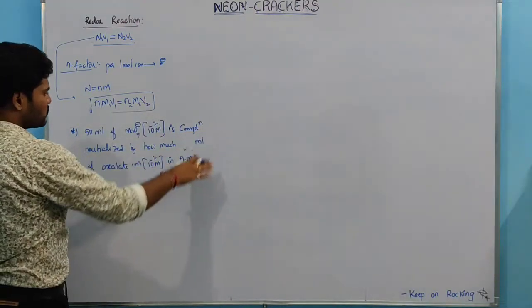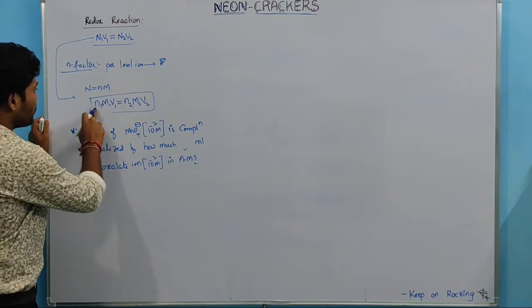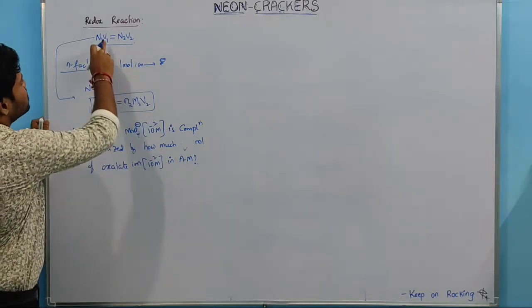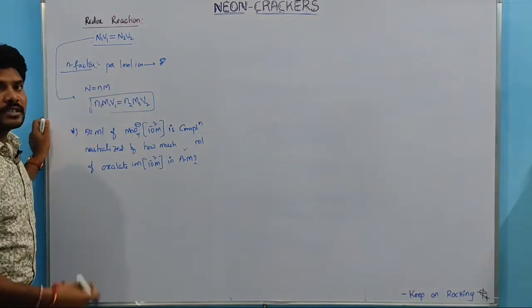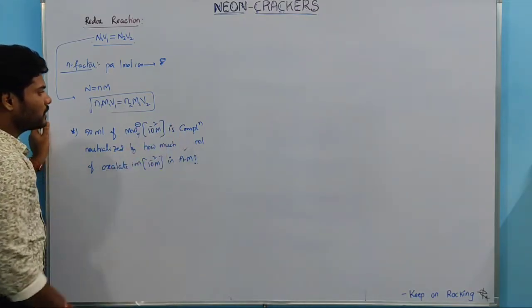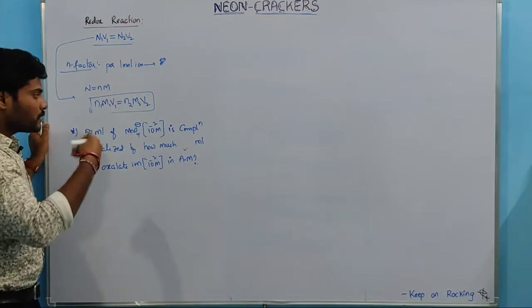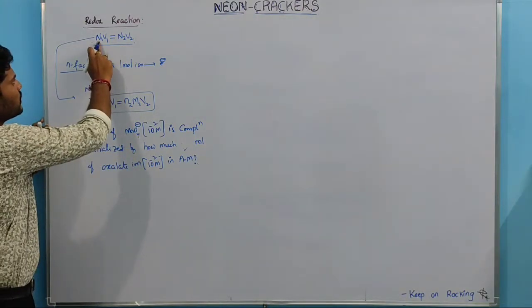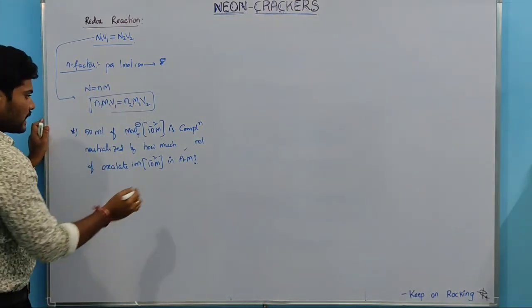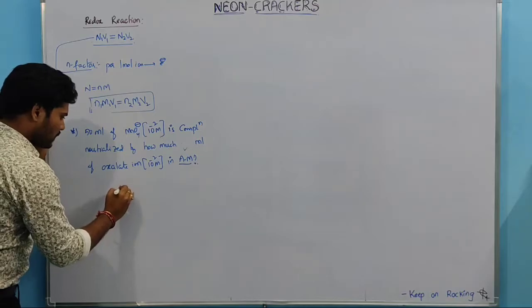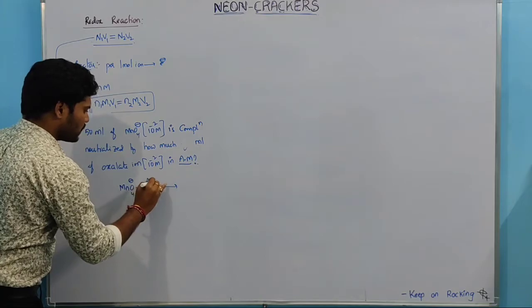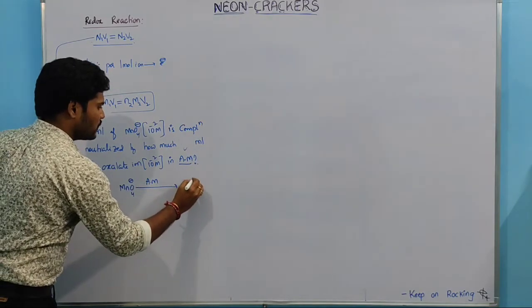First, before doing this one, we must know the balanced equation, because we have to find the N factor, because here molarity is given. Neutralization reaction is based on equimoles or milliequimoles. So N1V1 should equal N2V2. But here we don't know the normality. We have to find the N factor. After knowing N factor, we can find either normality or directly N1M1V1 equals N2M2V2. So in acidic medium, potassium permanganate or permanganate ion converts to Mn plus 2.